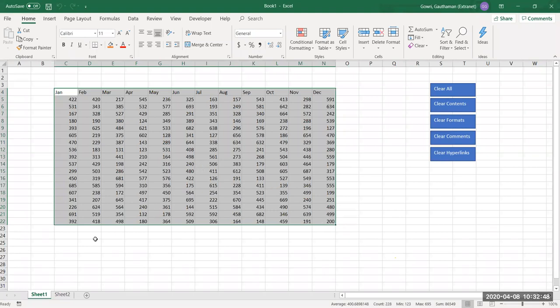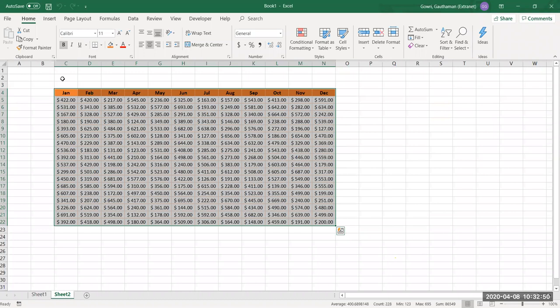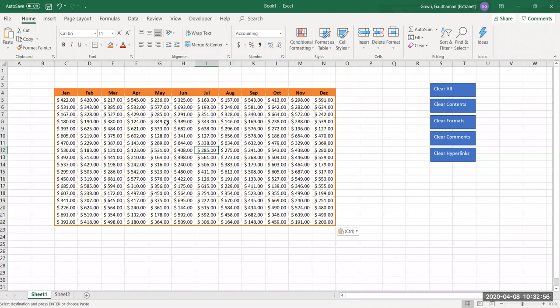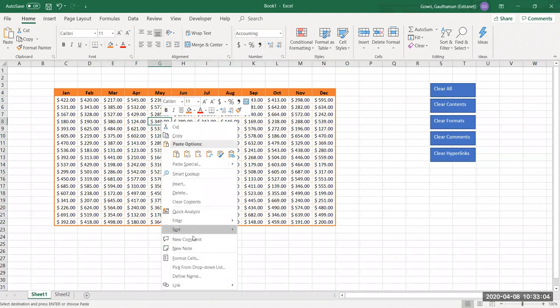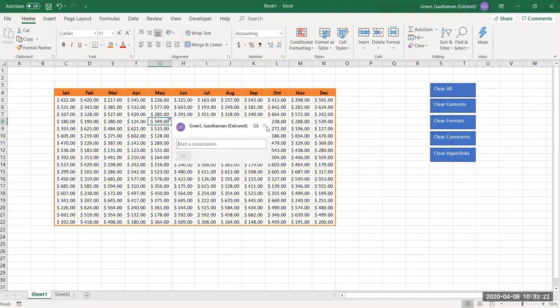So I have to provide some comments first of all, only then we'll be able to see the changes here. I'll give some comments to cells. To give a comment, either right click on the cell and say new comment. So you can see here, new comment and new note. This is available only in the newer version, that is after 16, I guess. So in 2019 or Office 365, you will see note and comment here. If I give a comment, it's going to come along with the ID that my system has got. If I say note,